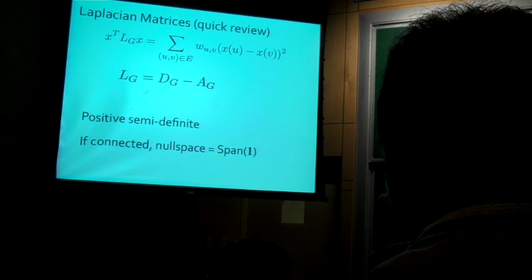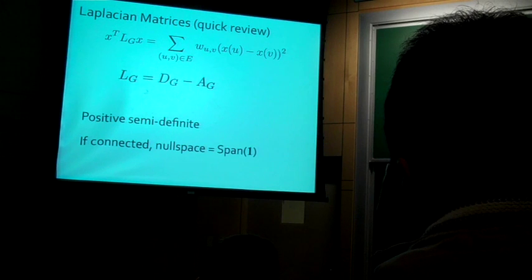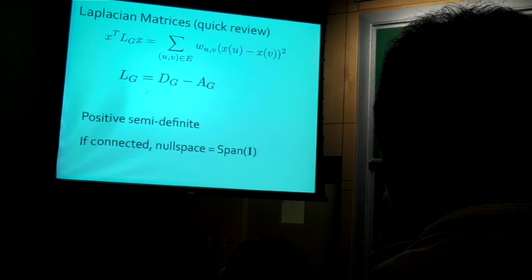Well, actually, sorry, you should quickly see it from the quadratic form. The quadratic form is never negative, of course. It's harder to see from the matrix representation. There are other things you can check very easily from the quadratic form. For example, if the graph is connected.